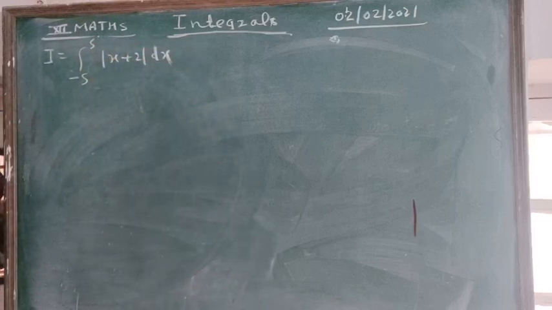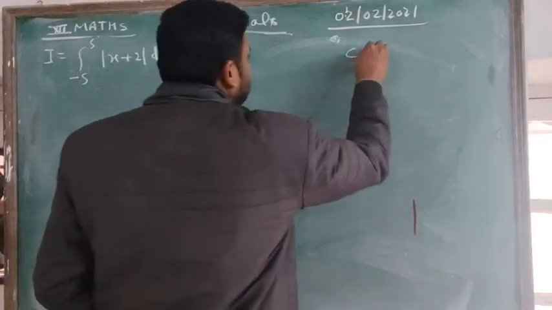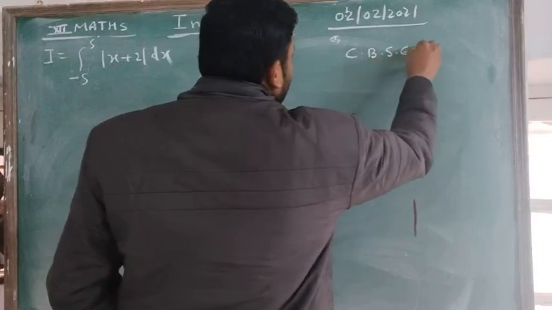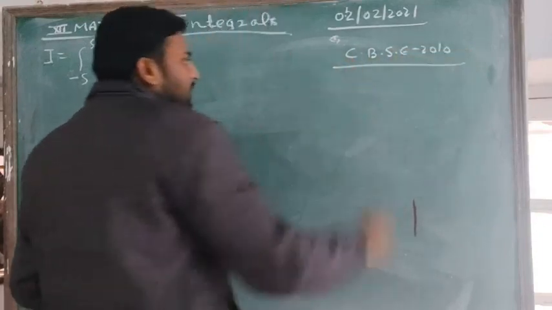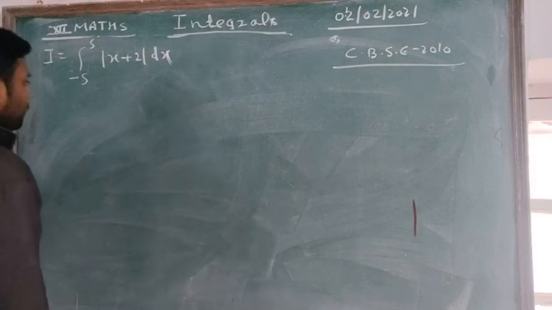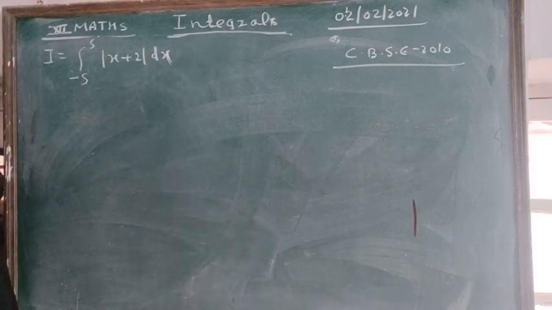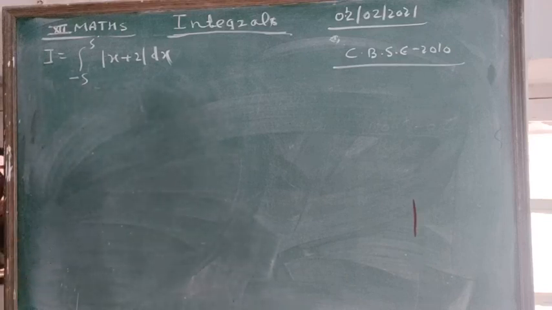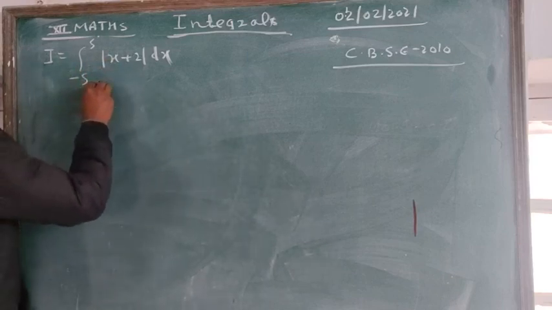Okay, students, this question was asked in CBSE 2010. Here is the modulus function, and you know the property of the modulus function: we take the positive part when x is greater than or equal to 0 and the negative part when x is less than 0. So we can break this